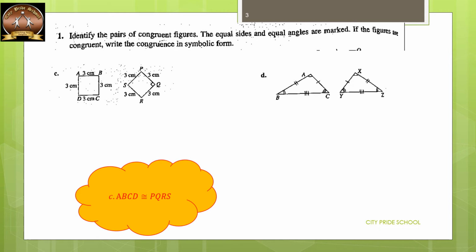So we can also imagine that if I cut this triangle ABC and just turn it and place it on triangle XYZ, then you will see that B will coincide with Z. Similarly, A will coincide with X and C will coincide with Y. So you can say that triangle ABC is congruent to triangle XZY.